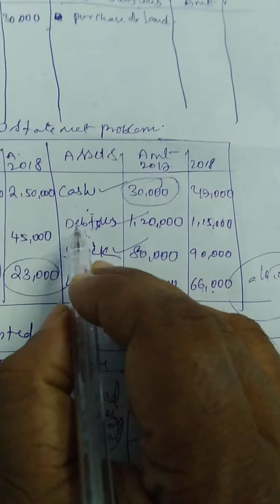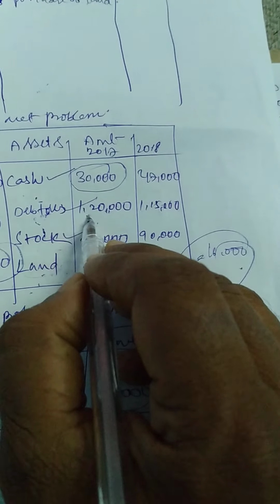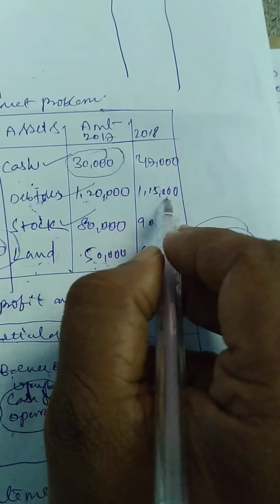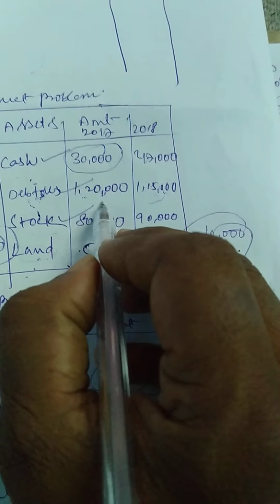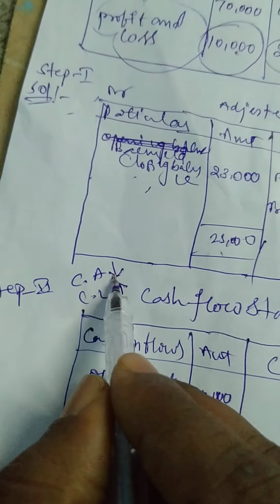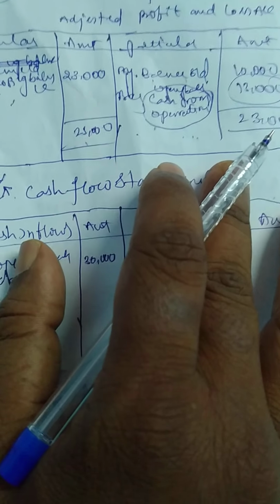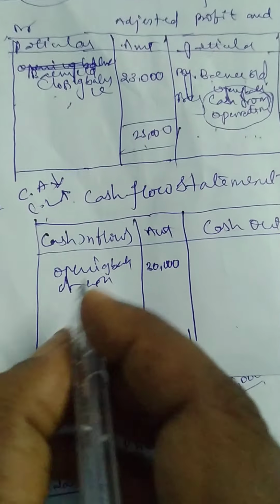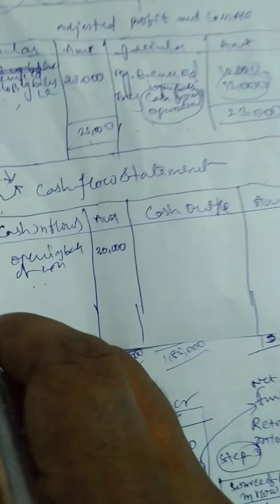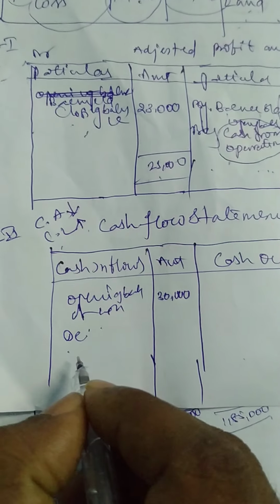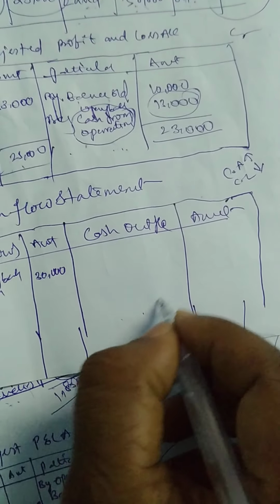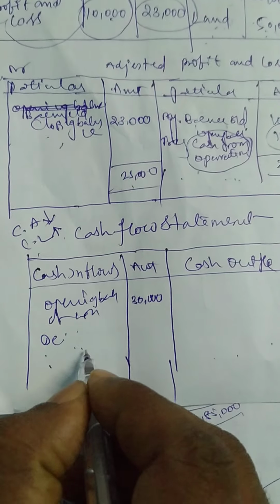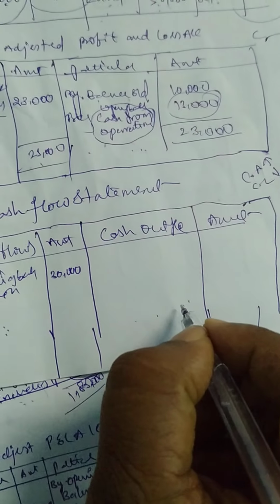So this is current assets, right? Debtors. In 2017 1,20,000, the current debtors. In 2018 1,50,000. How much increase or decrease? This is decrease. Current assets decrease, current liabilities increase. So now the point is, cash inflows means liabilities, cash outflows means assets. See that, decrease, right here decrease amount and right here increase amount. Outflows means increase, inflows means decrease. Remember, inflows means decrease, outflows means increase.